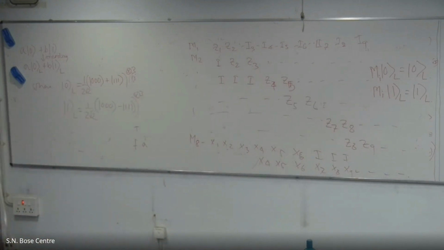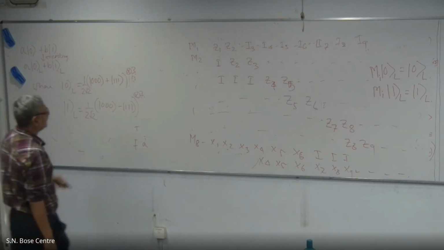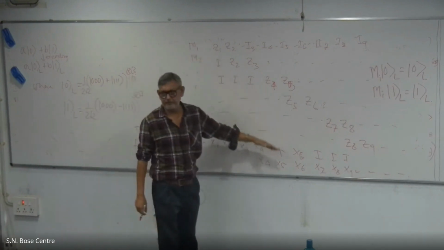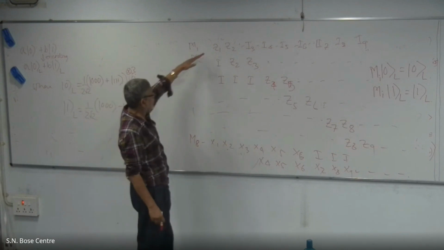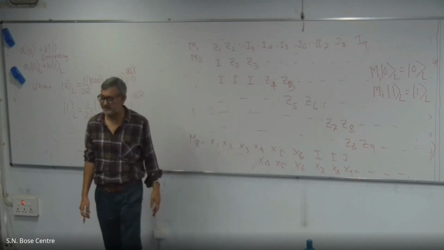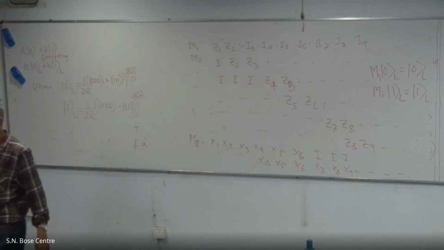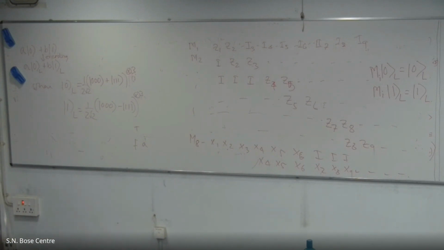They are all eigenvectors of all the MIs, and the MIs commute, with eigenvalue plus 1. And now I am telling you, if you take any single error, it will anti-commute with at least one of them. And another thing, all these operators can be measured simultaneously. So if you measure them simultaneously, at least